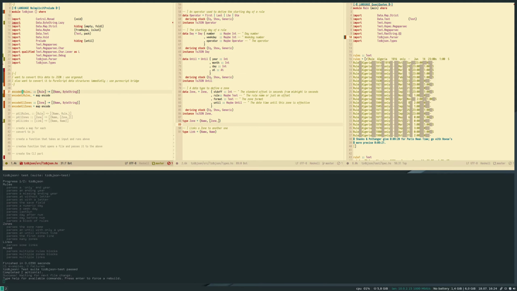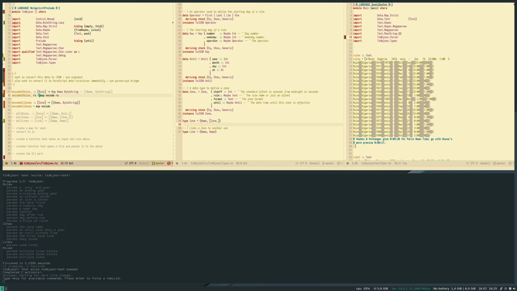No, let's do this. Let's create the maps immediately. So this one will be a map name byte string. We need some folding here because rules.